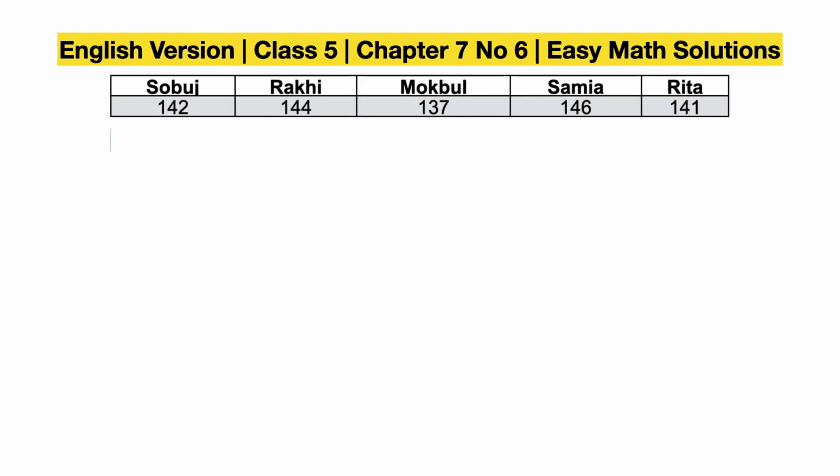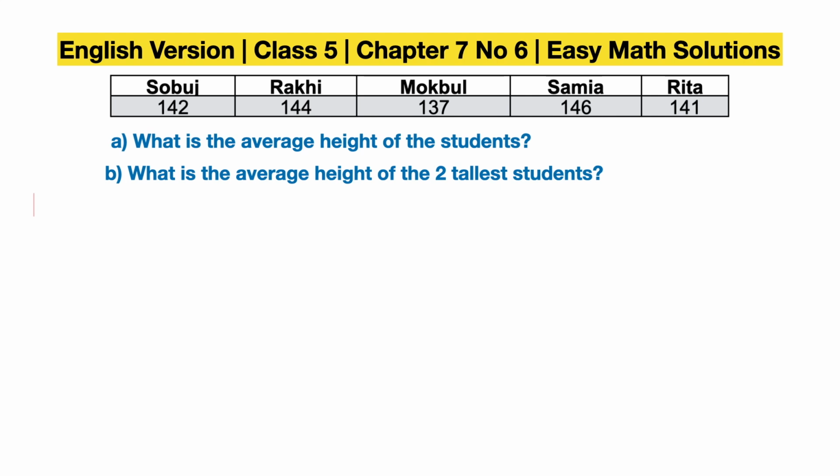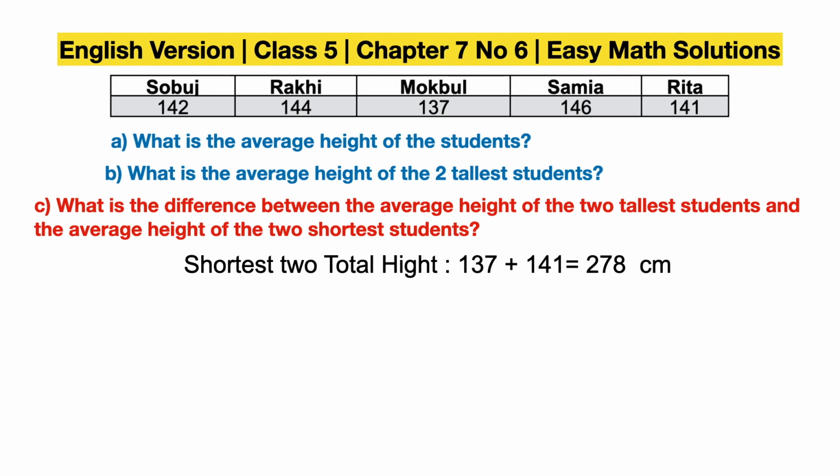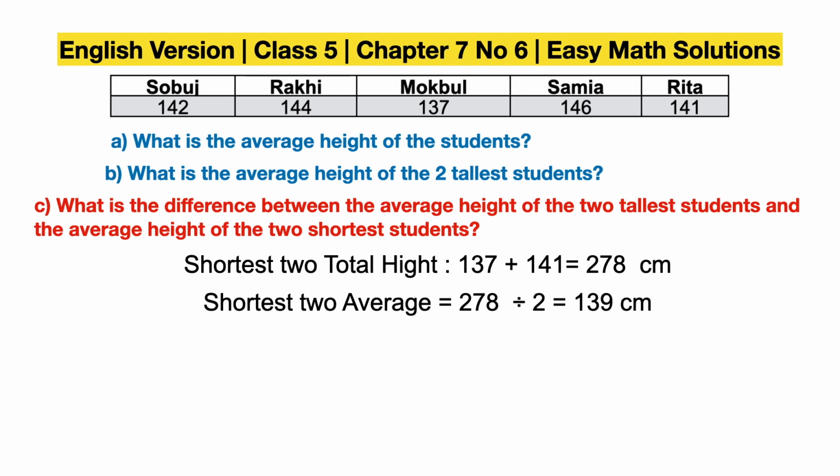Then number C, what is the difference between the average height of the two tallest and two shortest students? Then the shortest students here, two shortest, 137 and 141 equal to 278 centimeter. Then shortest average, 278 divided by 2 equal to 139 centimeter. Then the average of the two tallest students, we already got it from B, equal to